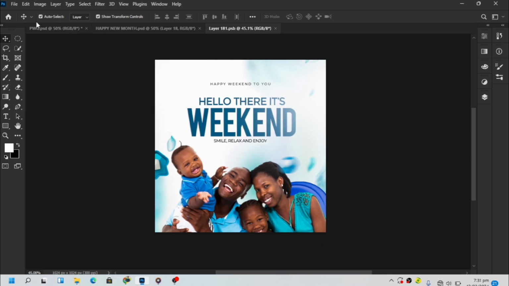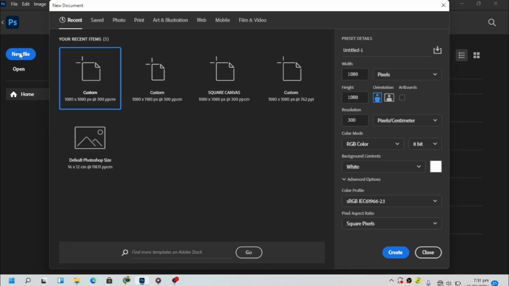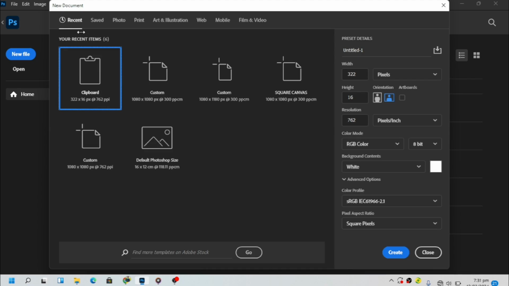So here is how you do it. You just open Photoshop. This is the home button. I am going to create a new file. Click new file here, create new. This new document tab, where you set a new document, will pop up like this. So go ahead to preset details, and then edit